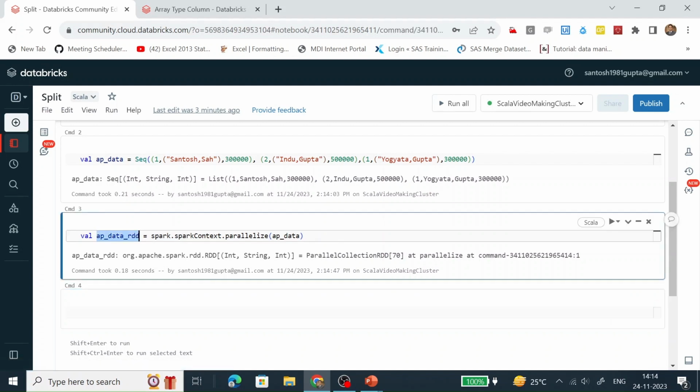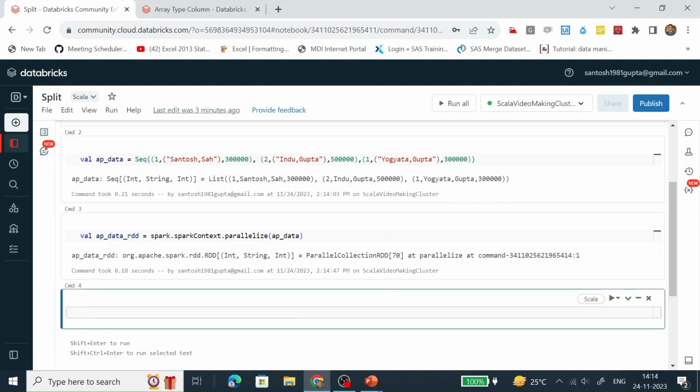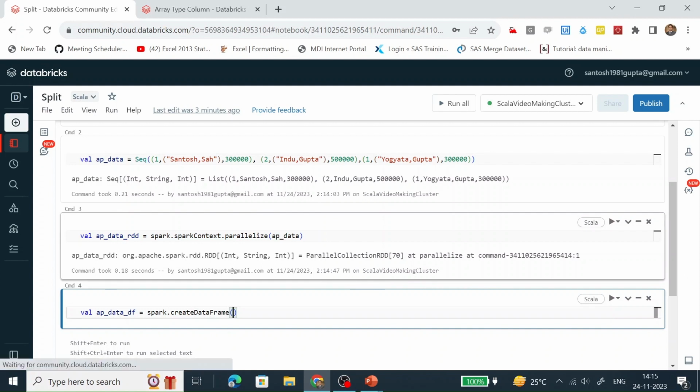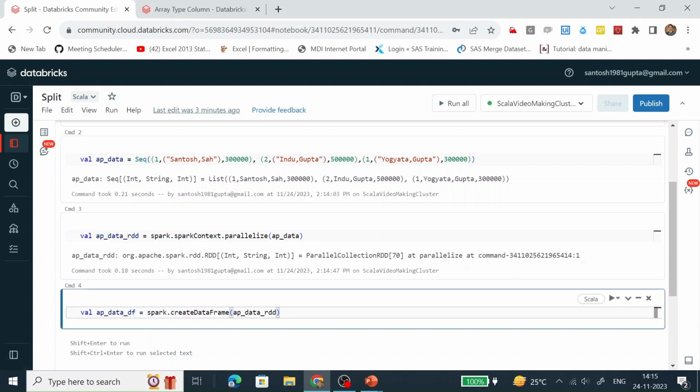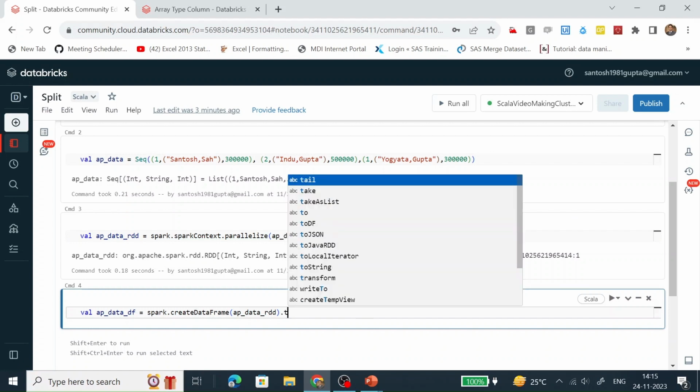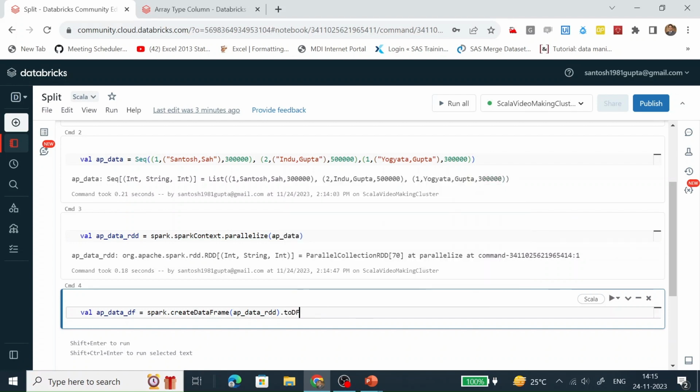Now this data RDD object has been created successfully. Let's create a data frame. How are we going to create the data frame? With the help of the createDataFrame function by passing this RDD. This data frame does not have column names, so let's create them.